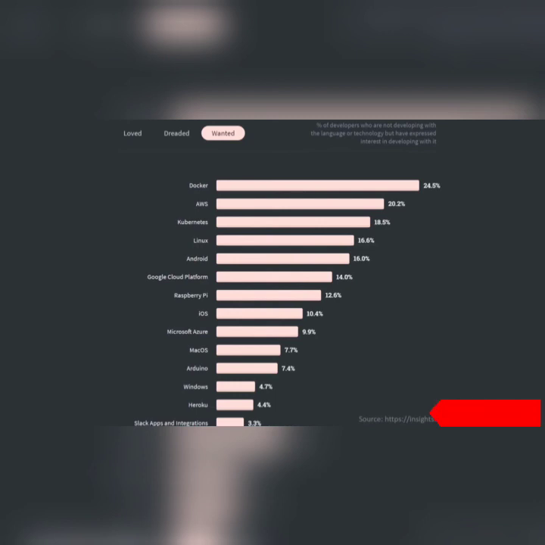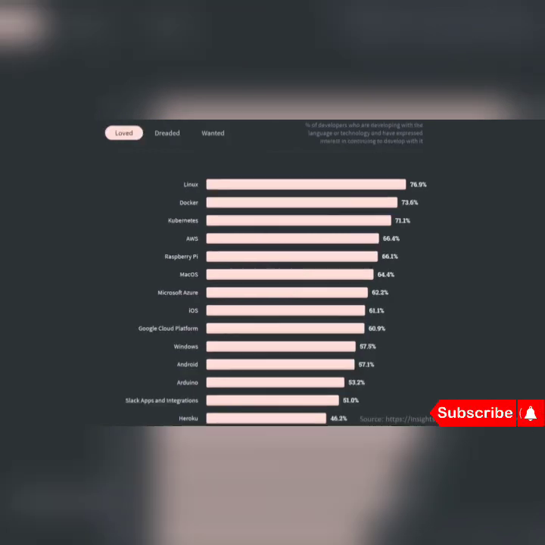These stats are taken from the Stack Overflow survey, which is an annual developer survey where developers show their interest in whatever technology they are using or whatever they want to be using in future. And here in the next stat, Docker is chosen as the second most loved platform on the internet, and you can see that Docker is gaining popularity and love over time, and it is above Kubernetes, AWS, even macOS, which simply signifies the growing demand for Docker technology.